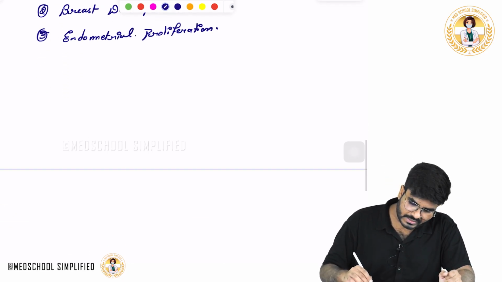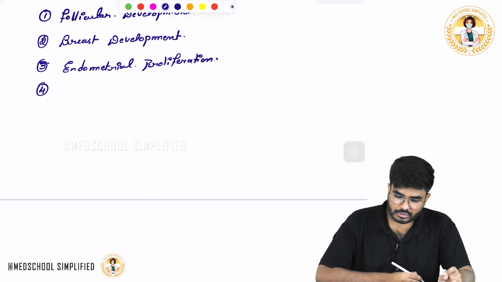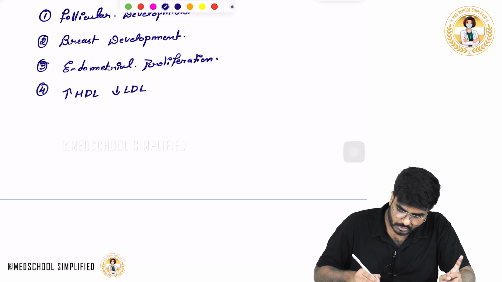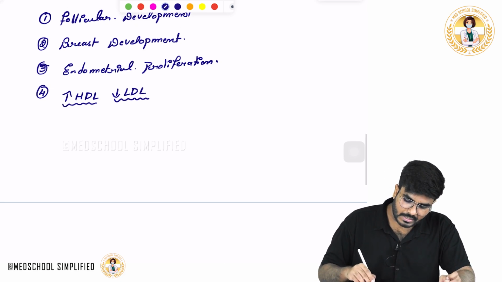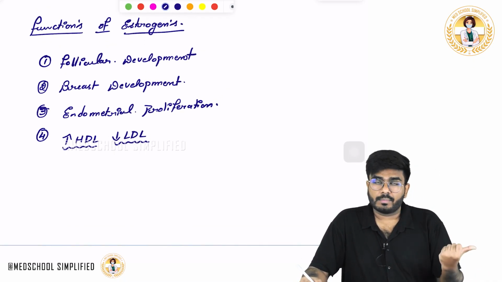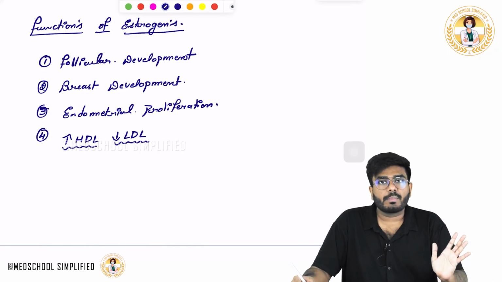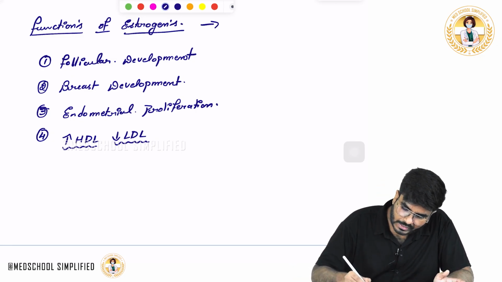Apart from this, what else I want you to know is the other functions of the estrogens. Estrogens in the body raise HDL cholesterol and decrease LDL cholesterol. HDL, the good cholesterol, is going to increase and bad cholesterol is going to decrease. This is something good. Apart from this, normally these estrogens are going to bind with the sex hormone binding globulins. In the male reproductive hormones video also I have discussed that estrogens and androgens bind with sex hormone binding globulins. So the estrogens increase the levels of sex hormone binding globulins.